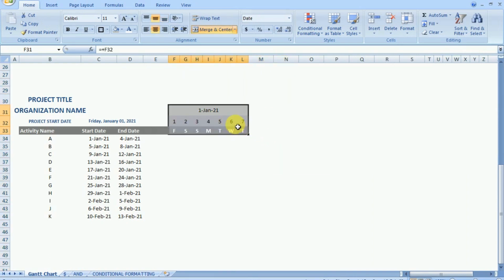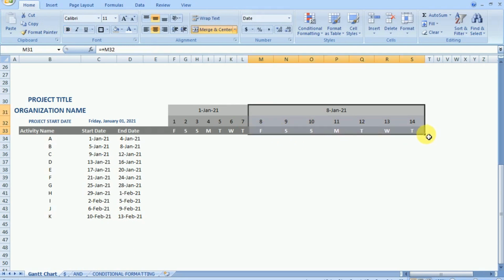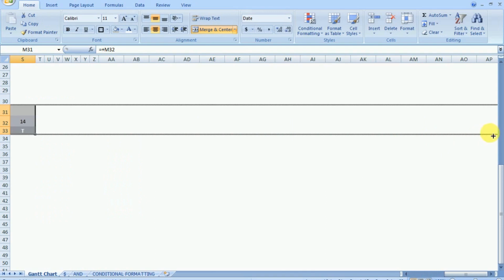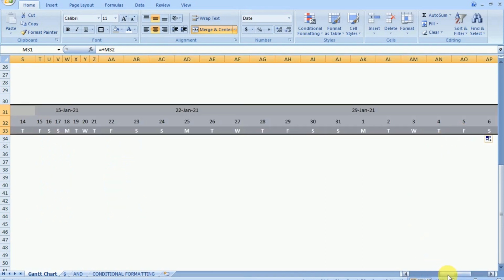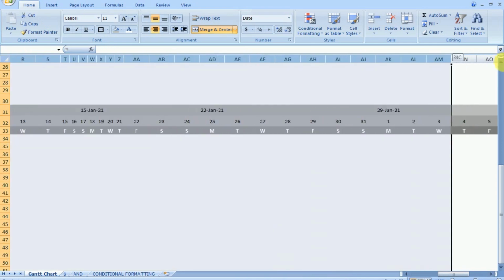Now let us copy the first week and paste it so that we create more weeks in the time period. And we have to first change the formula so that our dates come in continuation. A simple change is required, that is the first day of the second week needs to be added to the last day of the first week. So we are getting a continuous number here.